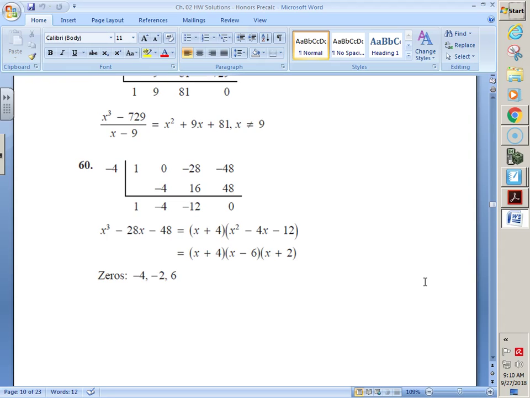They had you use synthetic division to rewrite the polynomial. So here's the crazy part. When you do the synthetic division with x equals negative 4, what factor went along with that 0? So you divided,